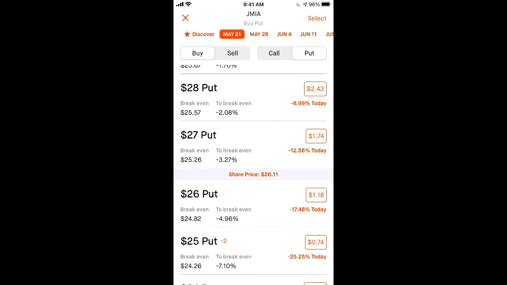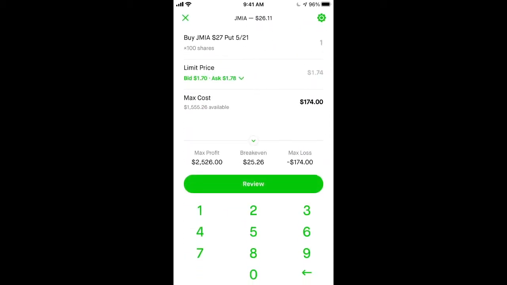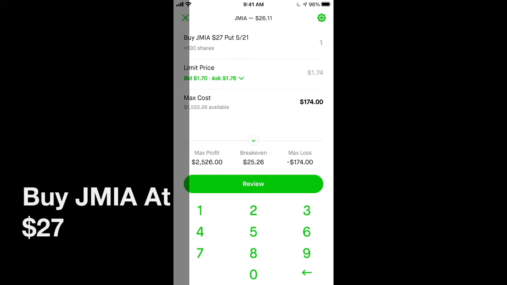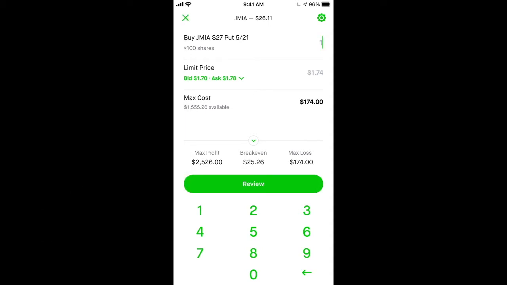All right. So if you take a look at the $27 puts right here, I clicked on it and it popped up. If you look at the very top, we are saying buy Jumia $27 puts. All right. And if we see, it says limit price is $1.74, and the max cost is going to be $174. So with this total contract right here, what we're basically saying is that I